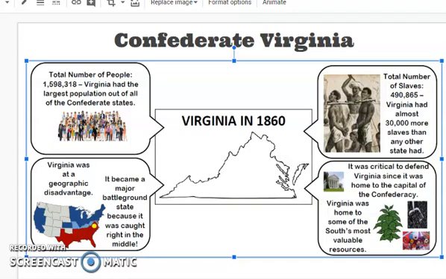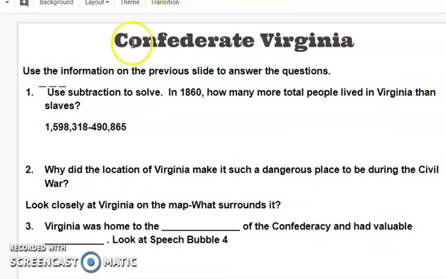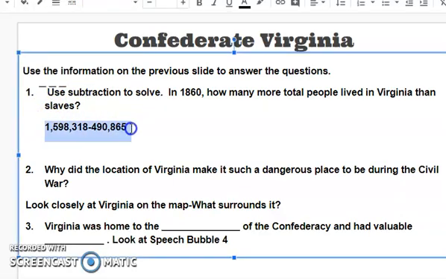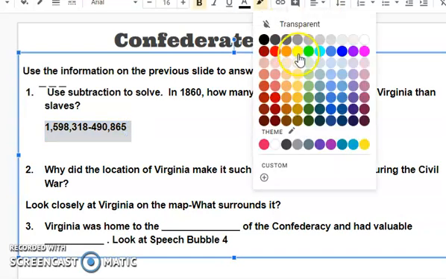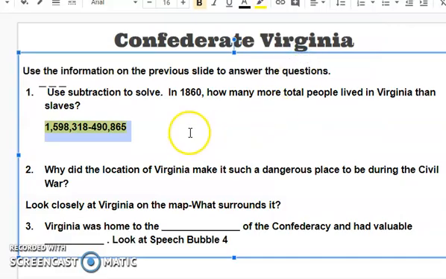So let's look at what we have to answer today for day 1. First one, we have to use subtraction to solve. In 1860, how many more total people lived in Virginia than slaves? And that is a huge math problem, guys. That's big. That's 1,598,318 minus